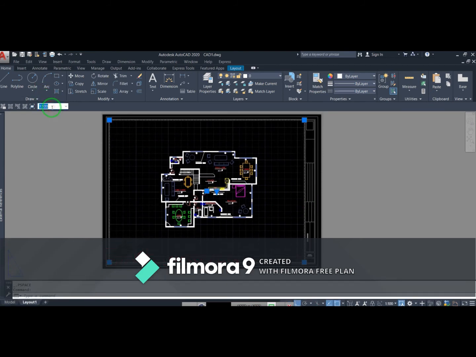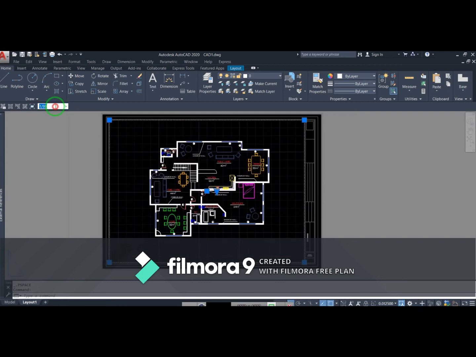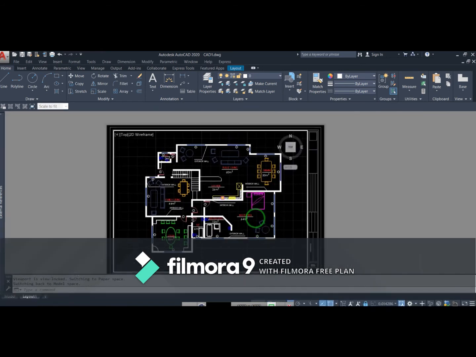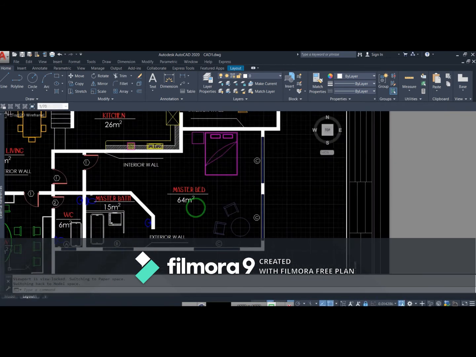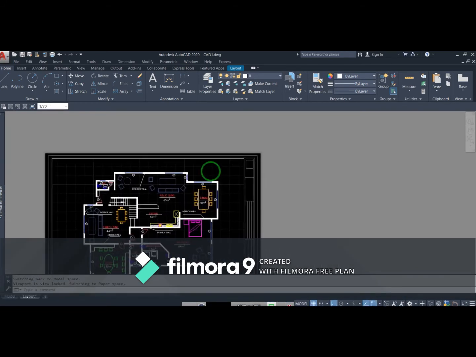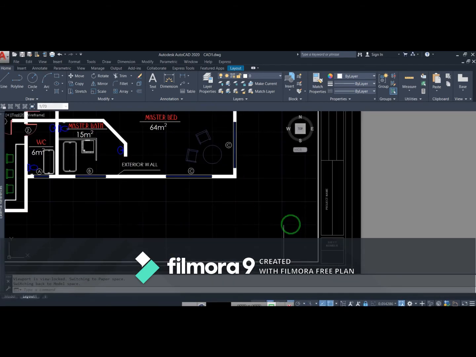Now I can change that 1 to 80. Yes, maybe good, or 1 to 70, maybe great. I have that one, and also I can lock my viewport so that I can do anything here, and also I can write something here, or if I want to bring another viewport here, just